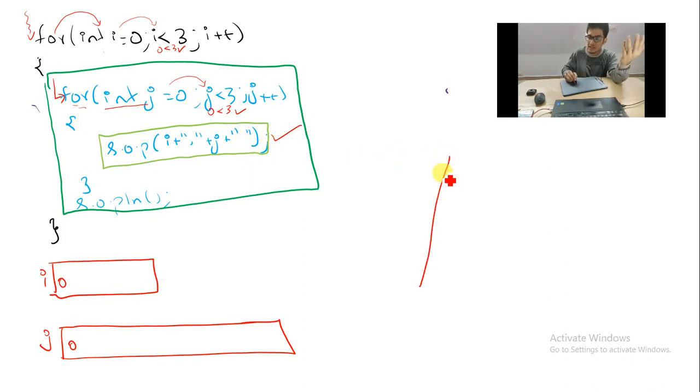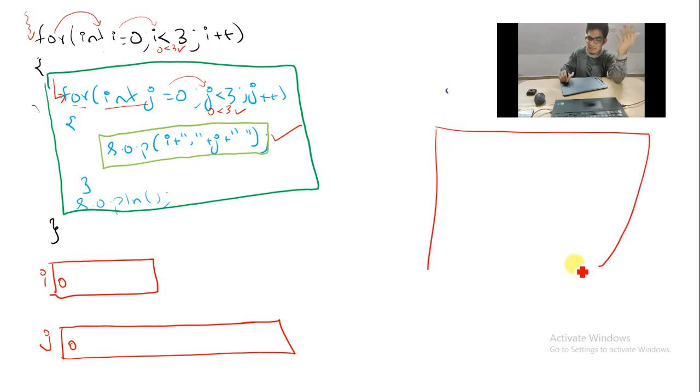What you are telling is print. So initially your cursor is here, in the top left corner. You are telling print the i value as it is. What's the i value in the memory? Look here. 0. Then you are telling print comma, so a comma will be printed. Then you are telling print the j value. What's the j value in the memory? That is also 0. Then you are telling print space. So one space will be printed. Let me represent the space like this.